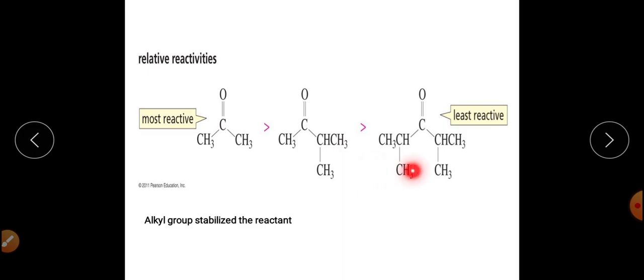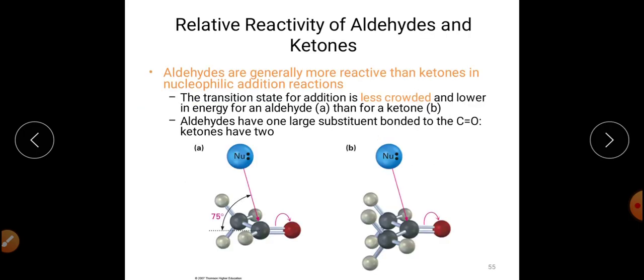If we compare these two ketones, at that time we can say that a bulky group is here in this particular ketone, but there is no bulky group at this particular position, so nucleophile will attack from this side. But if we come to this ketone, both side there is bulky group, so this particular carbonyl carbon will be sterically hindered, so the attack of nucleophile will be very very less in this case. So steric factor will contribute very high towards the reactivity of the aldehyde more as comparison to ketones.